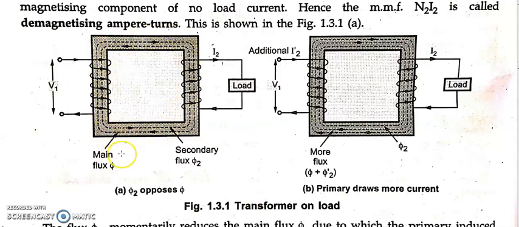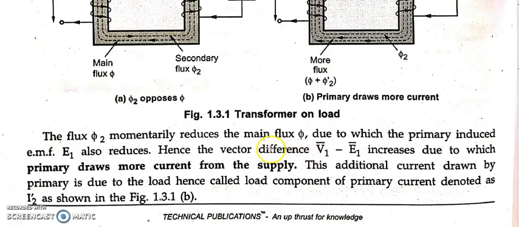At the end, obviously at a few instants the flux will change as per the load condition, but the end result matters. So at the end, your main flux will always remain the same, constant, irrespective of the load you connect. After some time your flux will remain constant. So what we can say here is your transformer is a constant flux machine.